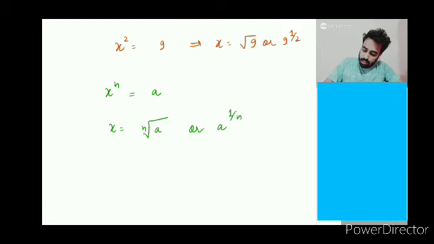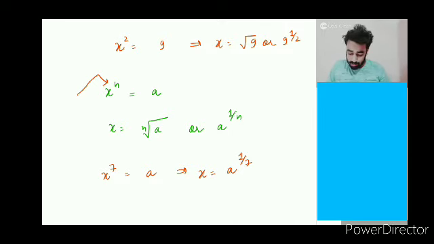Try to understand that from the left side, if some power is there and I want to shift that power to the right hand side, it will be the reciprocal. X power n is a, so x will be a power 1 by n. Suppose I'm writing x power 7 is a. It means that x value is a power 1 by 7, a very important concept. How many of you are getting it? Example, ध्यान से सुनना, अभी एक क्वेश्चन करते हैं.